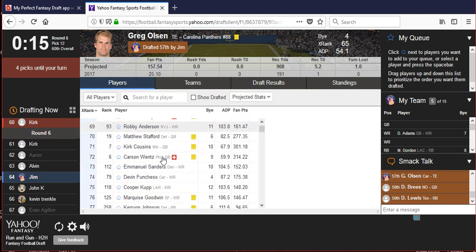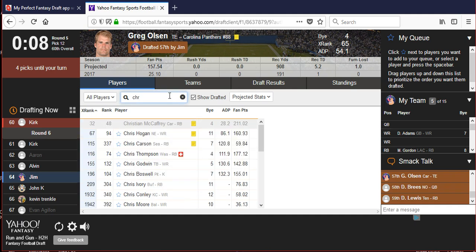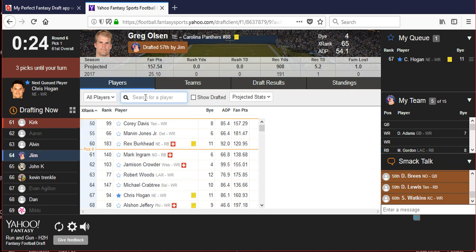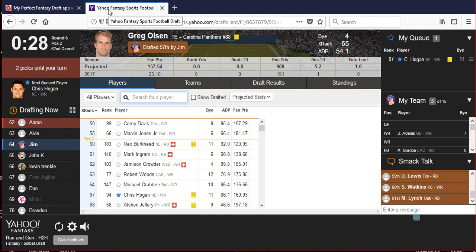But Chris Hogan, let's see here. Did he get taken? No, he's still there. So let's queue up Chris. But shoot, like I said, all those guys are outstanding. And as far as Chris Hogan goes, I'm really not too concerned about the suspension for Edelman. Edelman's 32. Injury prone, coming back from a major. No, I'm sorry, he's suspended right now, but he was injured last season, and he's suspended for the first 4